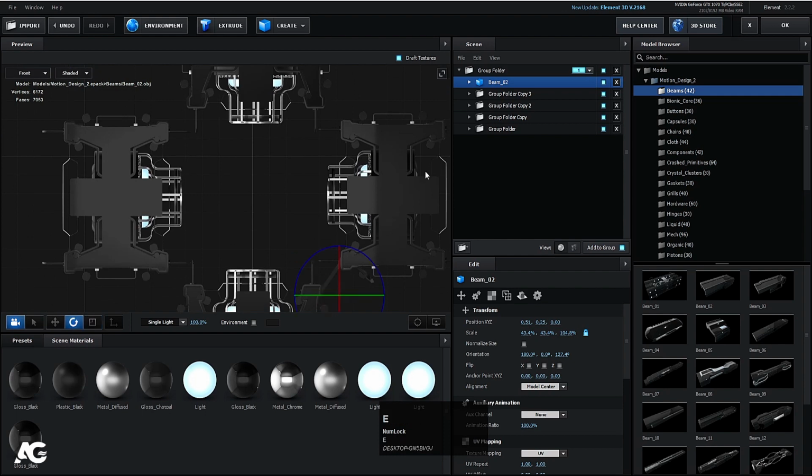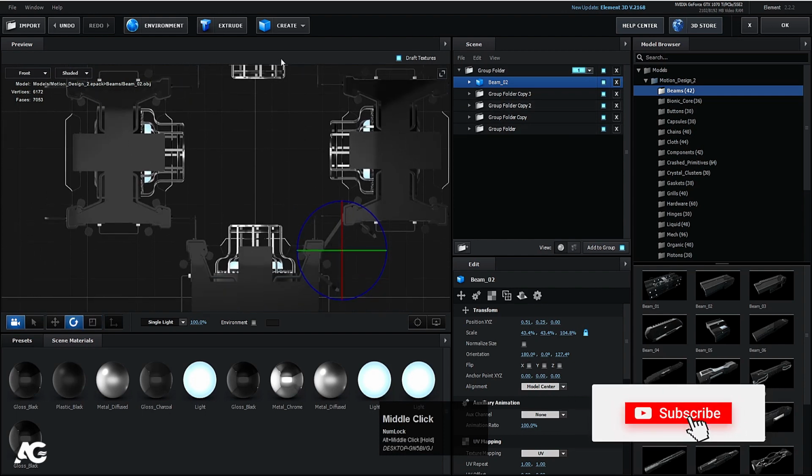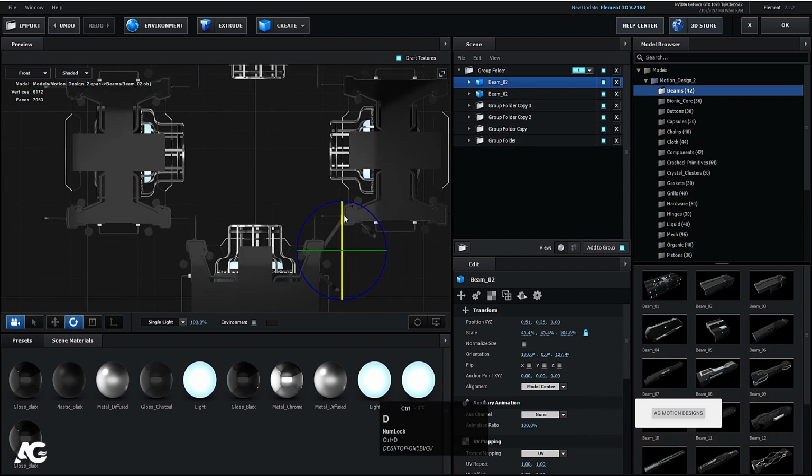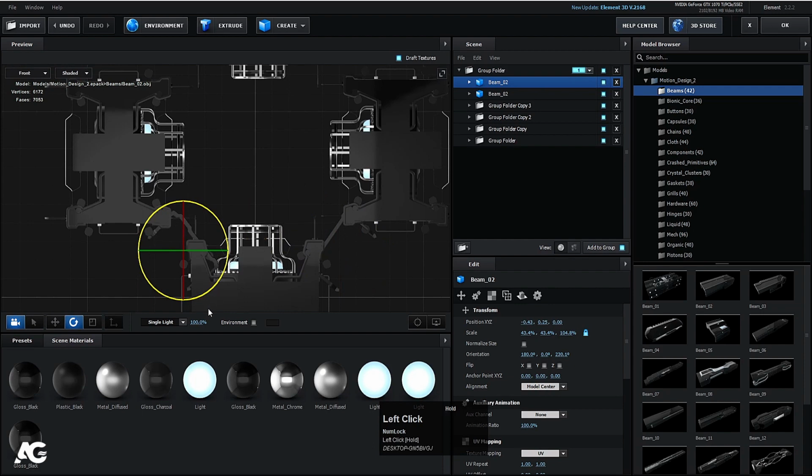So now the scaling option is done. Now we have to adjust it all over them again. So I'll hit Control D to duplicate it. Press W. Let's move this over here. Press E, and let's rotate it like this. Press W again and adjust the position properly